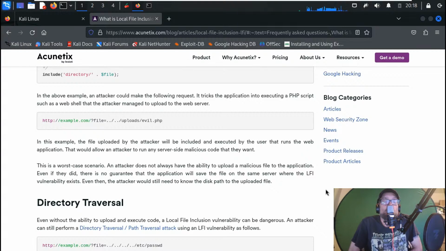A WAF is called a Web Application Firewall. Therefore, it would be able to detect and be triggered for situations like what we were just doing. So I'm trying to show people a real-world scenario. This attack still could be done, but there would be more evasion, and that's why we need to do recon. If there was a WAF in place, we would have to figure out how we could evade it,